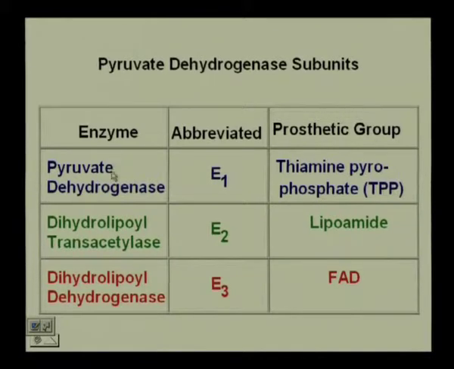So, these are the three enzymes E1, E2, E3, and these are the three prosthetic groups that are attached to the specific enzymes. Okay. TPP, lipoamide, FAD, to E1, E2, E3, that is these three enzymes that comprise the PDC, the pyruvate dehydrogenase